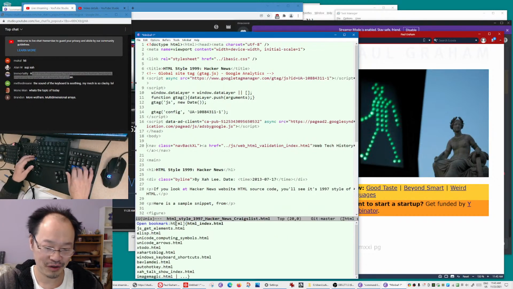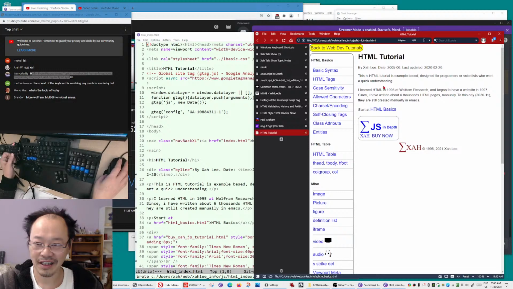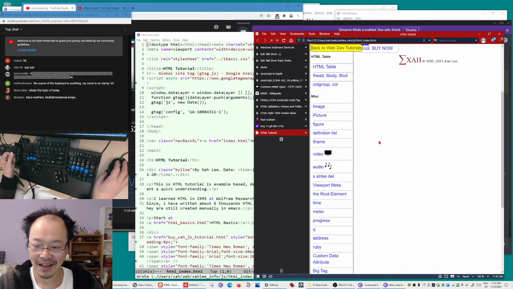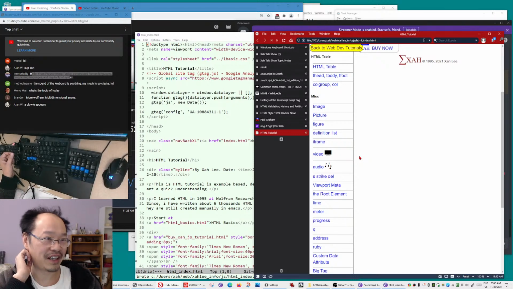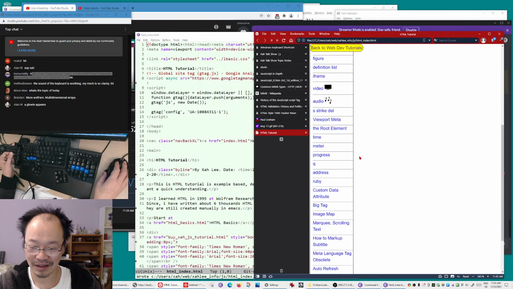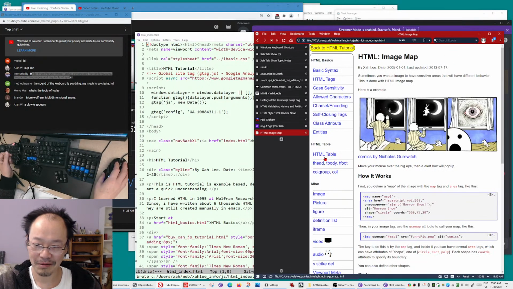You go to the HTML tutorial, and this old-school tutorial teaches you what an image map is. You probably won't find a tutorial about that anymore, not much. So an image map is this: you see this image. Now if I move the cursor, watch my cursor, into the big eye.